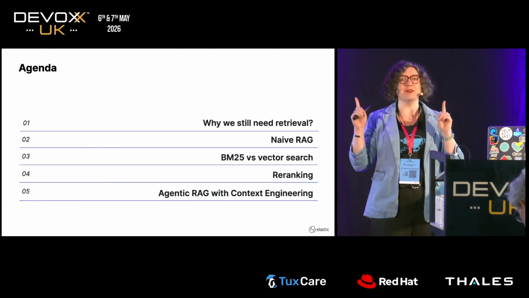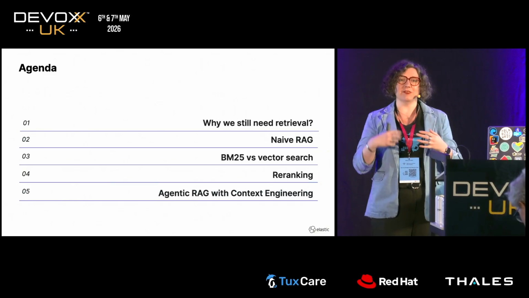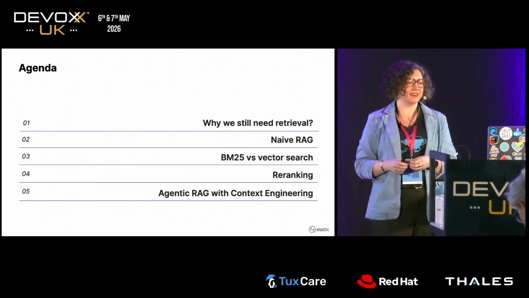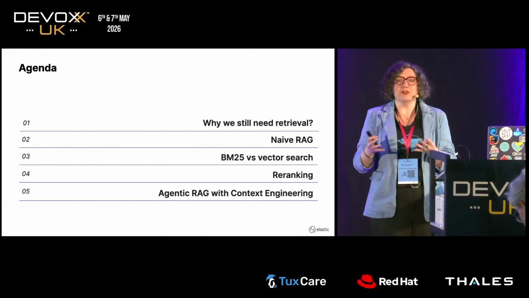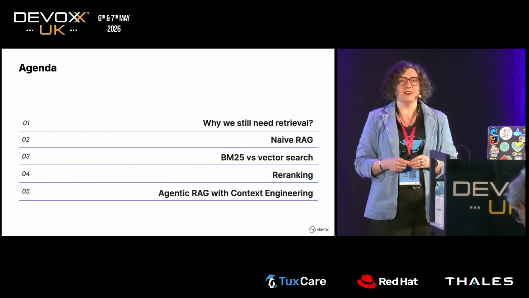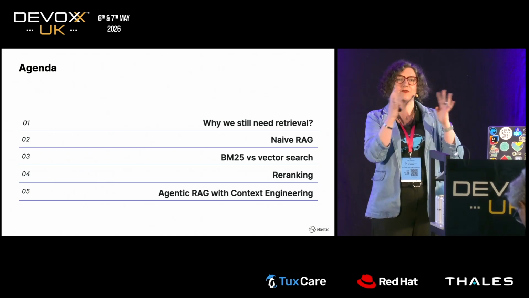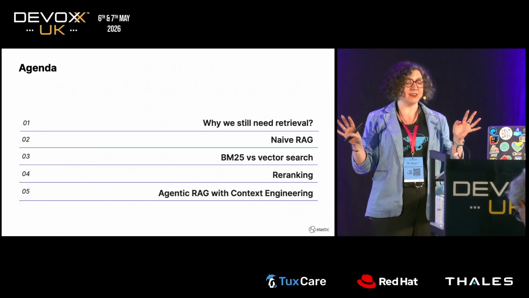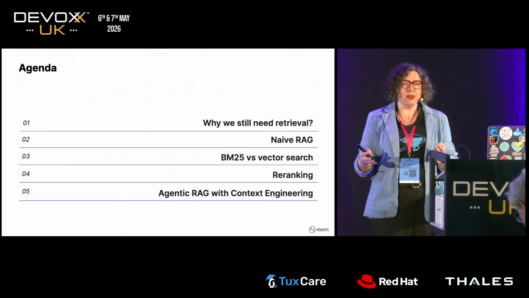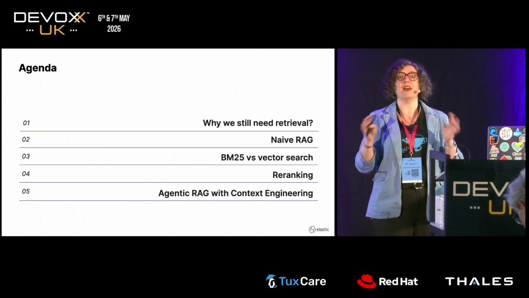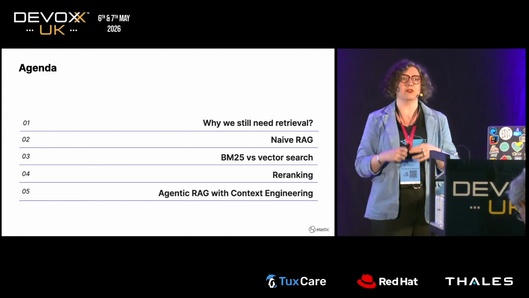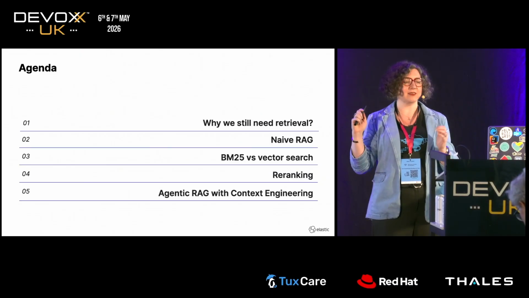I'm going to talk about retrieval in the recent past in terms of the area in AI, and also what's happening now and potentially a little insight of what's going to be coming next. So I'm going to talk about why retrieval is important and still needed. We're going to talk about RAG, so quick show of hands, who knows what RAG is? Who knows the difference between vanilla RAG and agentic RAG? By the end, we'll all know what the difference is. We're going to talk about re-ranking models briefly. Who knows what re-ranking models are? Again, we'll all know by the end. And we'll also talk about BM25 and vector search and the differences. So by the time we come out, we should all know all of these things.